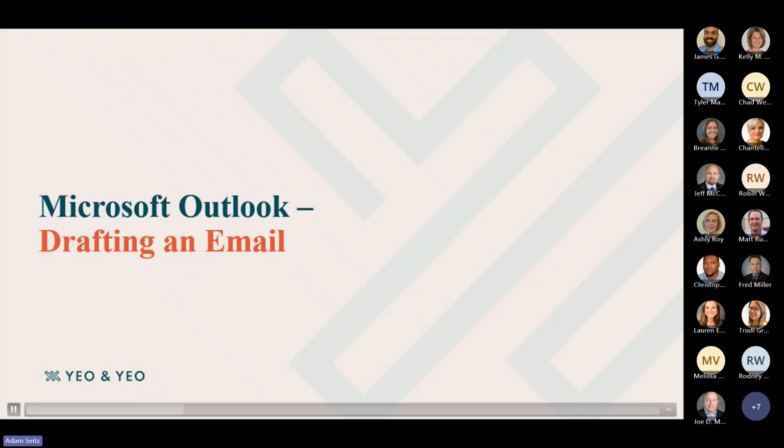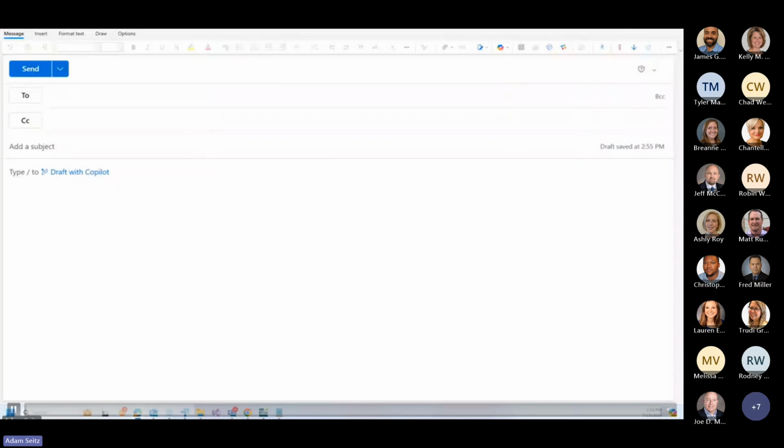Now let's move on to how Copilot can help you draft emails. After opening up a new email or reply within Outlook, you can open up Copilot in a couple different ways. The first way is by clicking on the Draft with Copilot option in the body of the email. The second option is to click the Copilot button in the menu strip and select the Draft with Copilot option. You can also type in a / within the body of the email and select the Draft with Copilot option